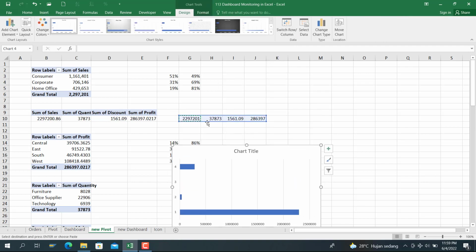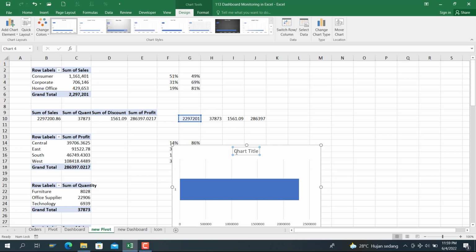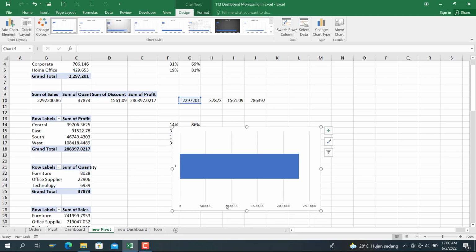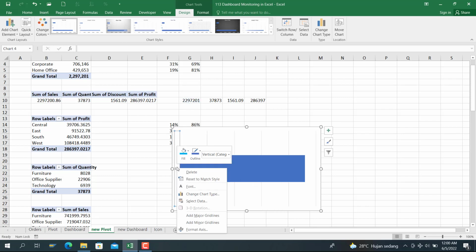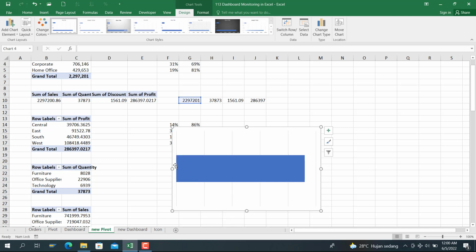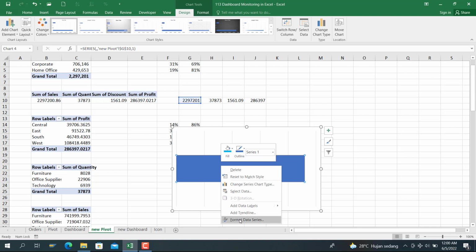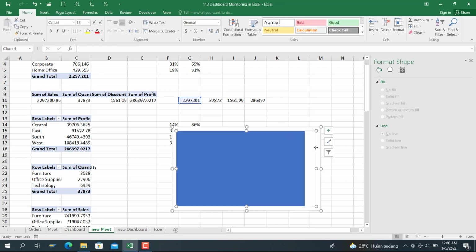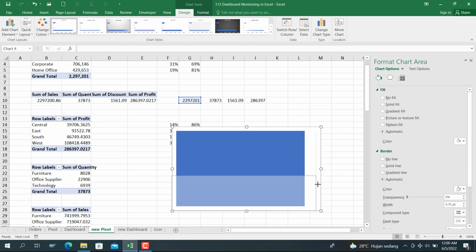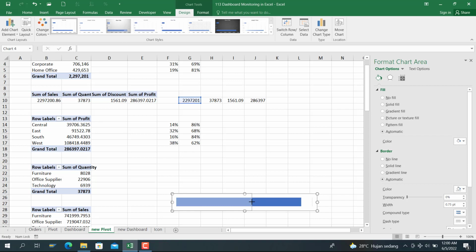Here you can see we have the range data from G10 until G10, G to G. So you change it to G to J, and remove the chart title here, and remove the data legend here, delete the bar here, and then select format data series and gap width, change to 0, no gap, and we resize the chart with the size and this width,